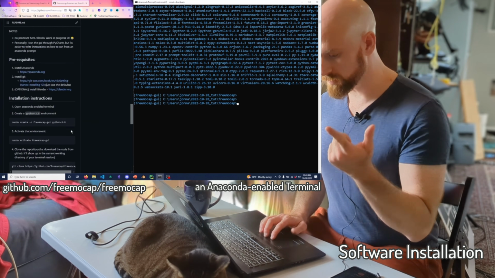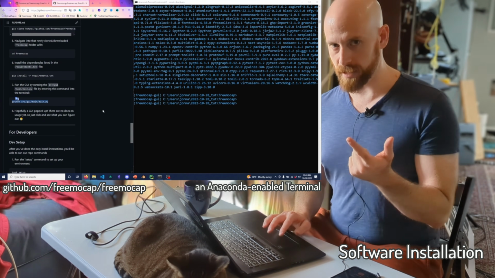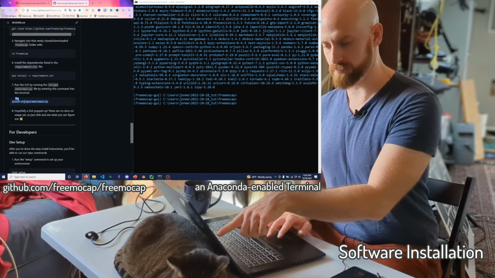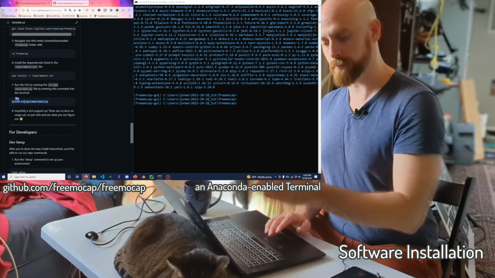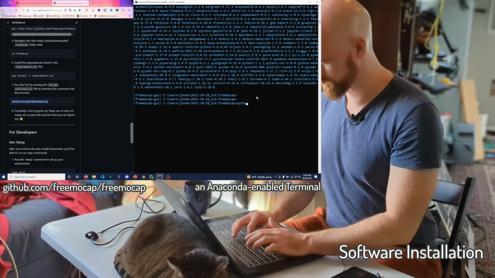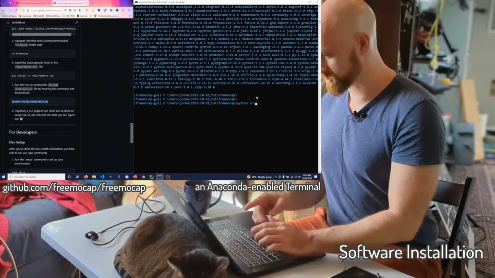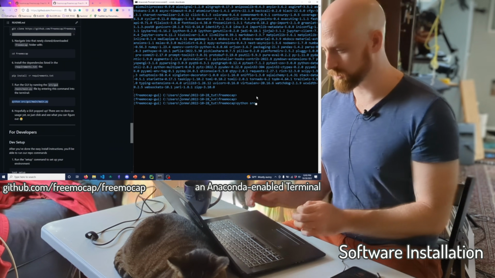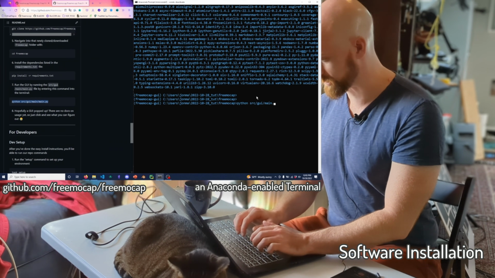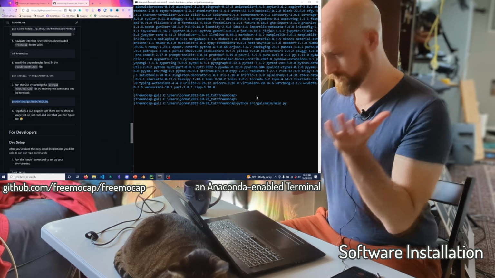And now to run the GUI, we're going to run this main.py file, which lives in a folder called source, src/GUI/main/main.py. We're going to see if this works. I think it will. Python. So we're running that with Python. So basically it's pointing the version of Python that lives in freemocap-GUI towards that particular Python script.